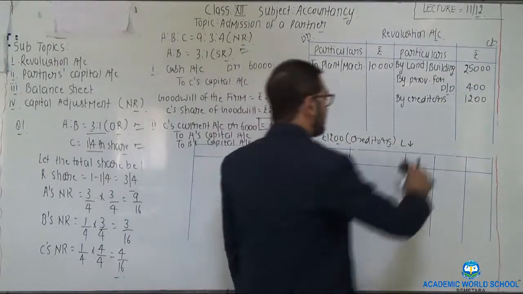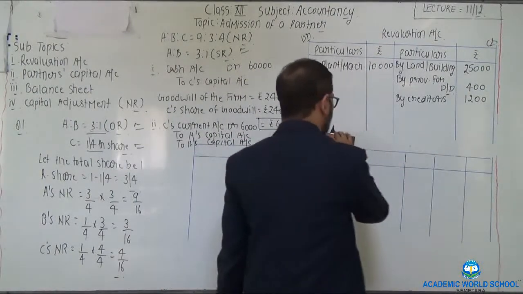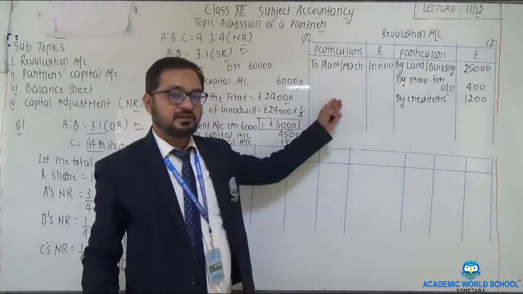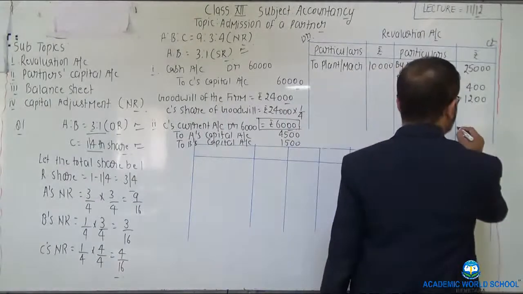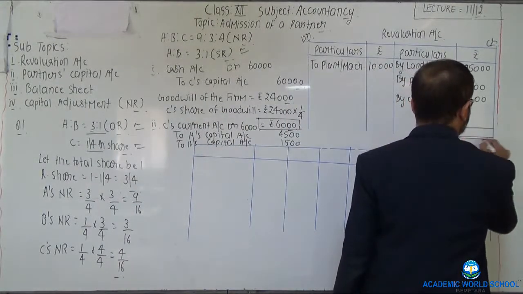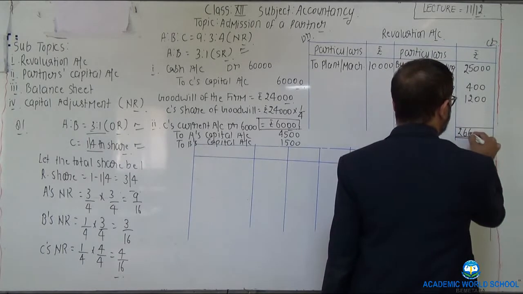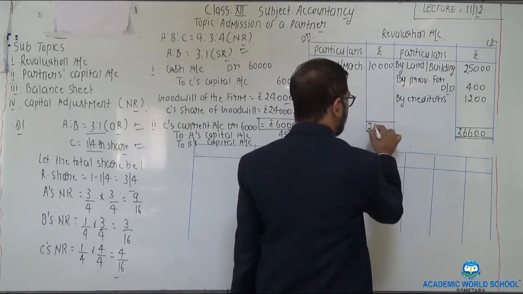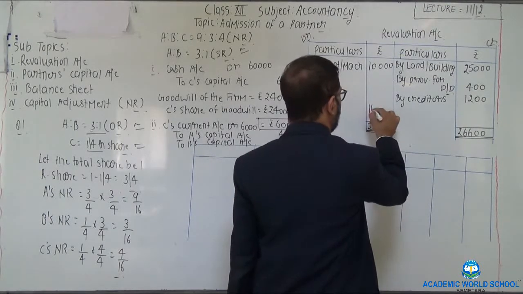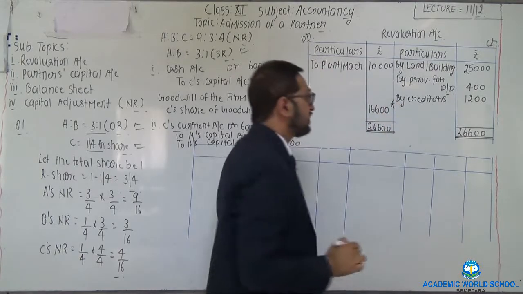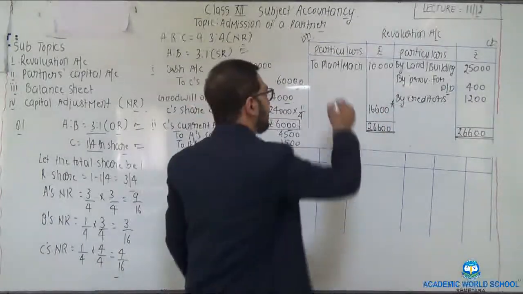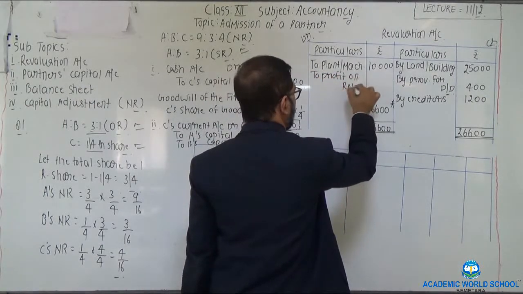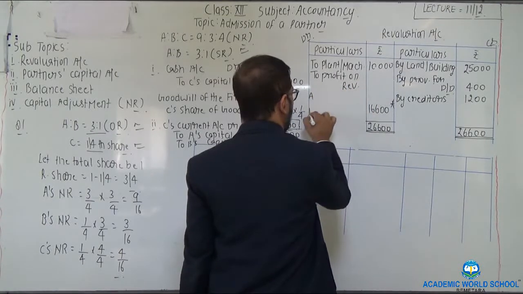That is it. All the headings regarding revaluation are completed. So we need to make the total for the calculation of profit or loss in respect of this account. Total of credit side would be 26,600. Write the same total on the debit side, 26,600. Balancing figure would be 16,600 after the deduction of 10,000. Write here as profit on revaluation, A and B.